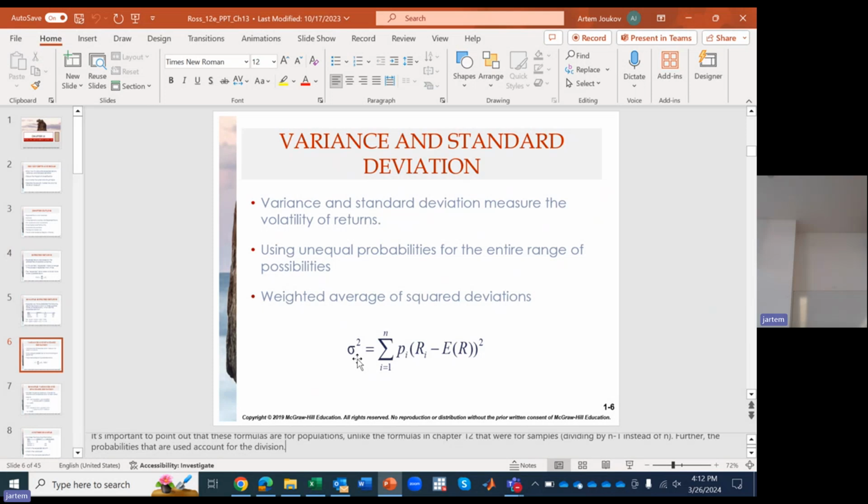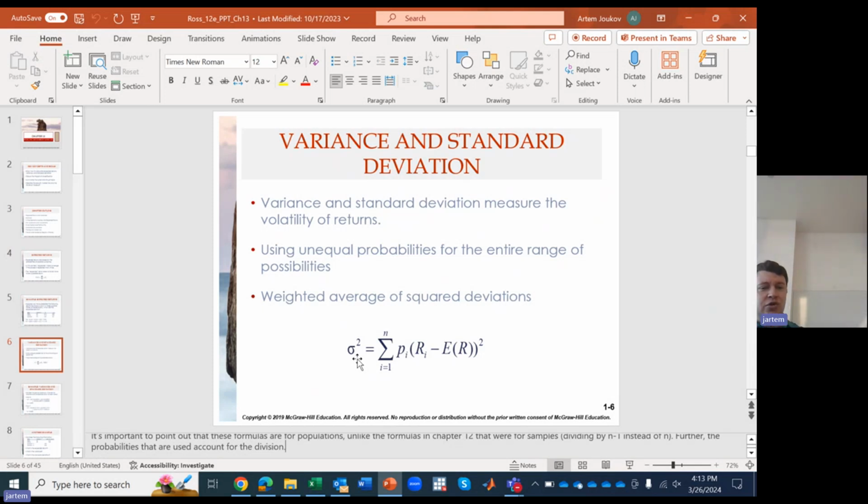It replaces it, because if you remember how we did standard deviations in chapter 12, we didn't have a probability. So you had to scale it back down for the fact that you're using many observations. Here, what scales it back down is the fact that you've got this probability. That kind of makes sense, hopefully.